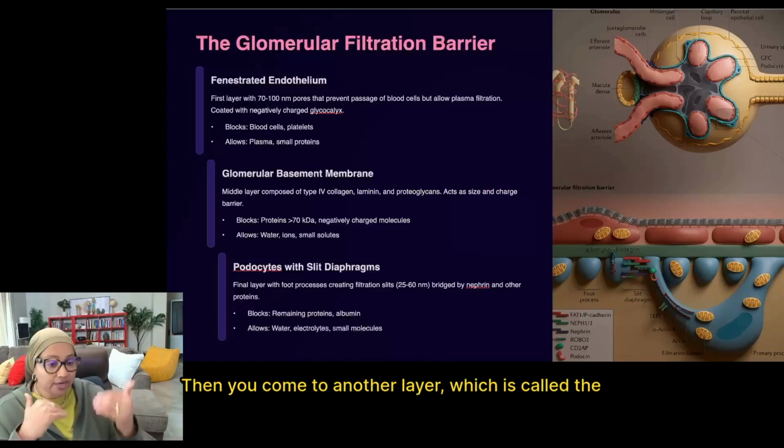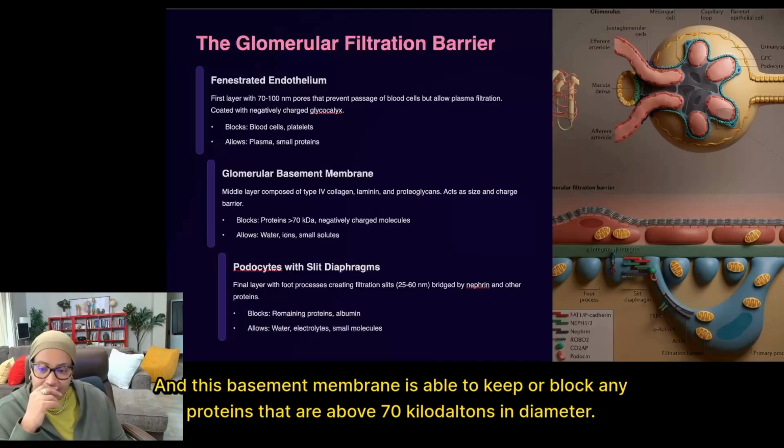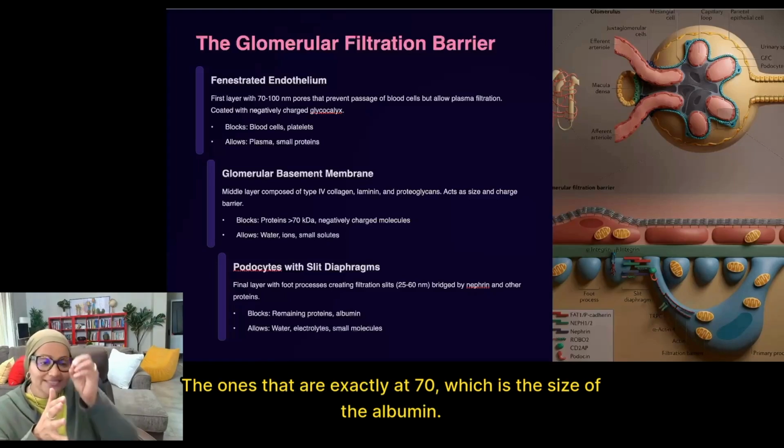Then you come to another layer, which is called the basement membrane. This is the basement membrane here, okay? And this basement membrane is able to block any proteins that are above 70 kilodaltons. So any proteins bigger than 70 kilodaltons are kept back because of this basement membrane. The ones that are exactly at 70, which is the size of albumin,